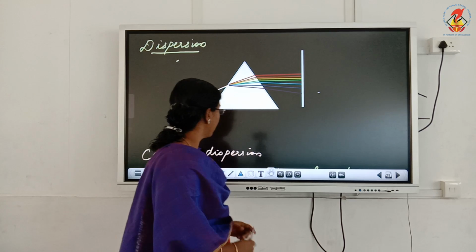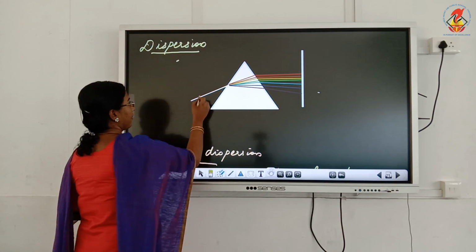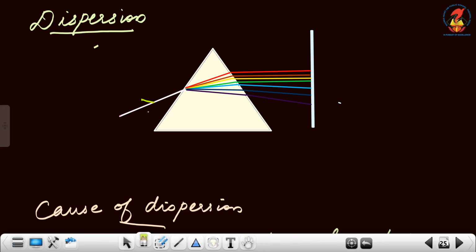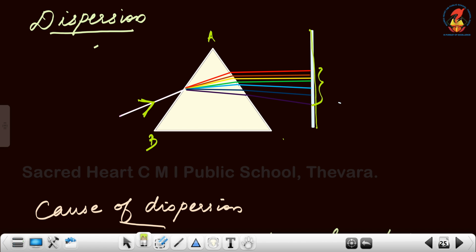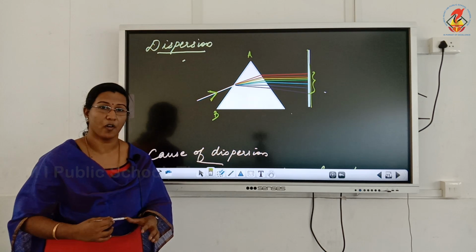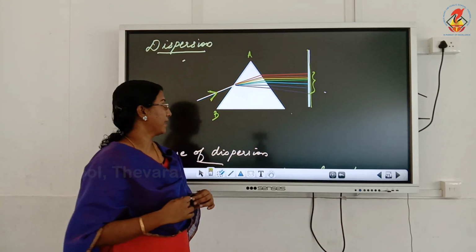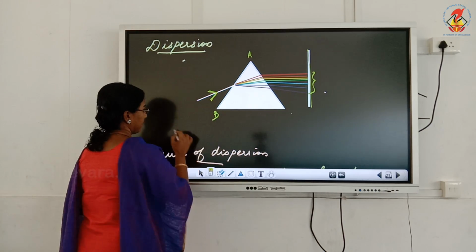Now what he did is, he took a prism, made white light incident on the prism, and on the other side of the prism a screen was kept. Now we observed that the white light which was sent through the face AB of the prism, when it reaches the screen, it is split up into 7 colors, and thus he said that white light is made up of 7 colors. And the process of splitting of white light